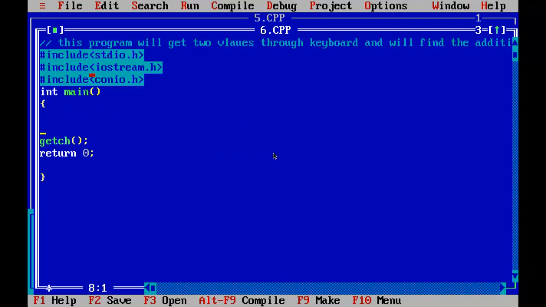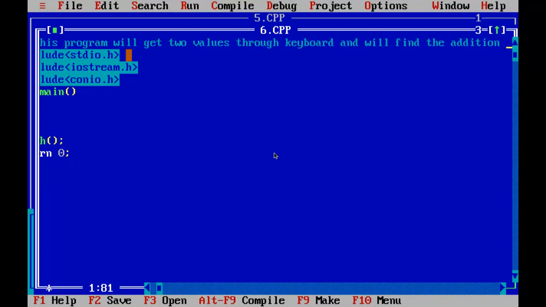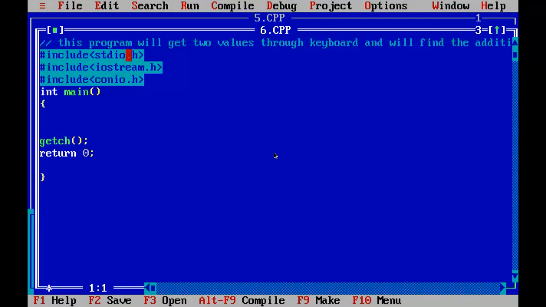Here, first in comments we will write: this program will get two values through keyboard and will find the addition of them. So this is a program description. It means we want to find the addition. Till now we were using x assign 4 and y assign 6, like this.